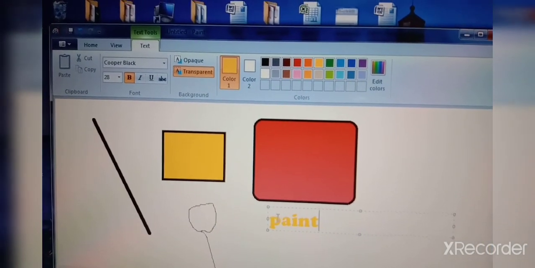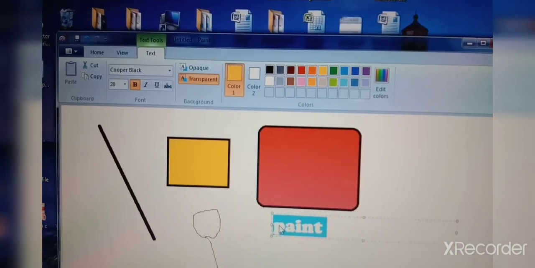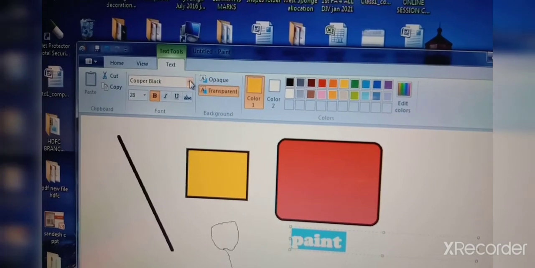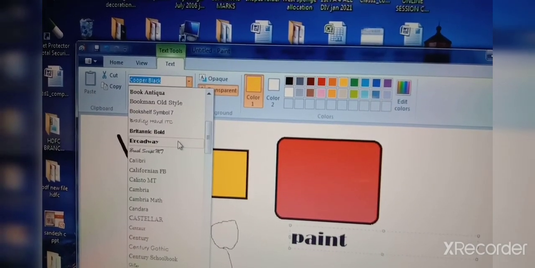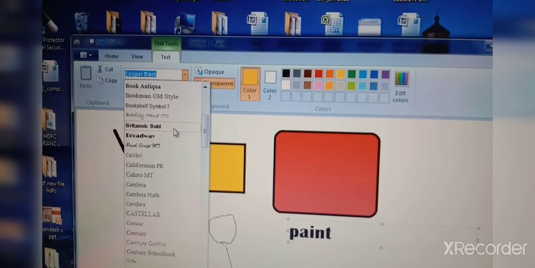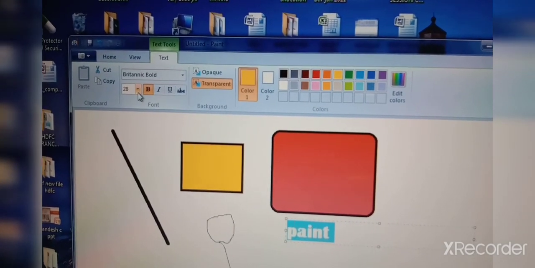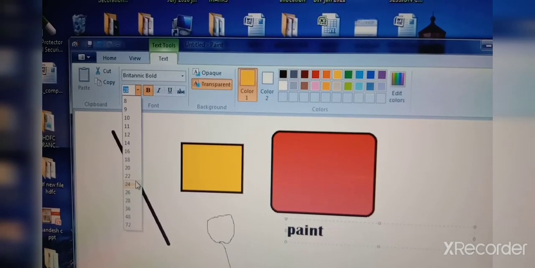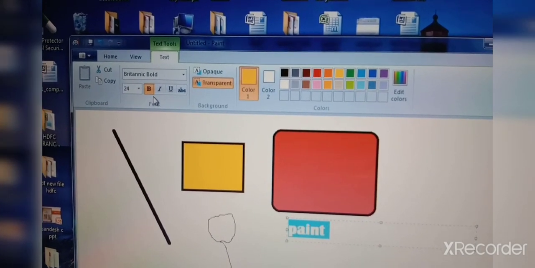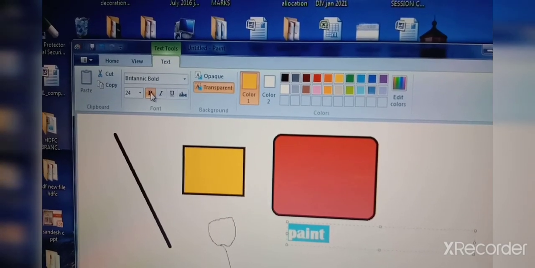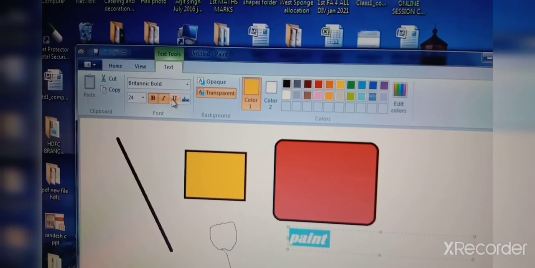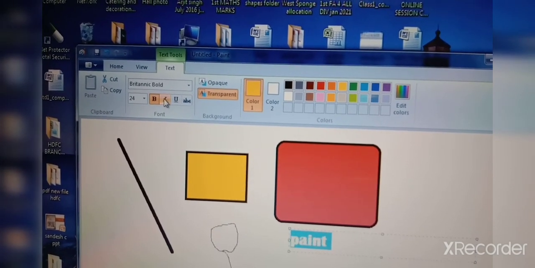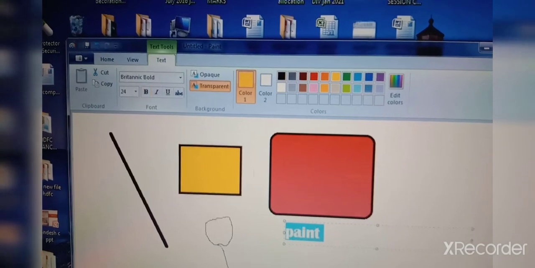Now you can select it and change the handwriting also, font style. By clicking on this, any font style you can take, and size also you can change. You can make it bold, you can make it italic, you can make it underline. Understood, children? See, these are the changes you can make in the text.